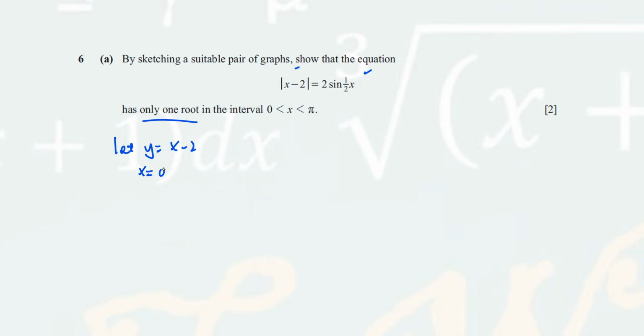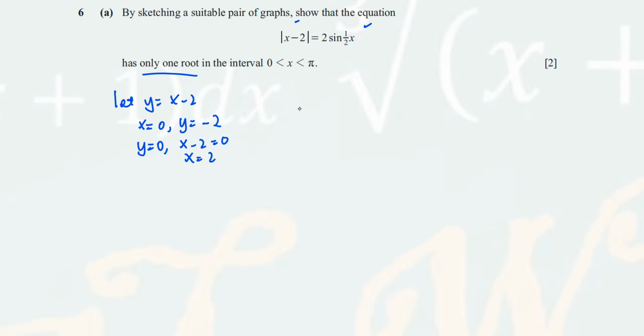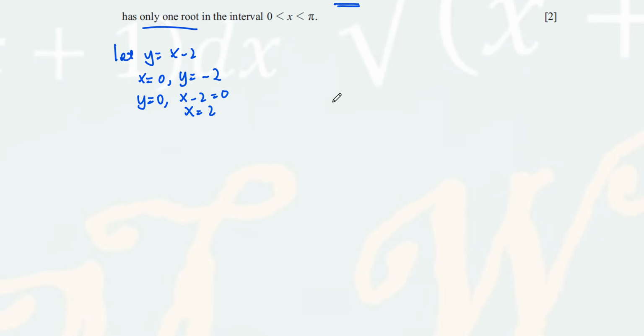So to get this straight line, I get 2 points. When x equals 0, y is negative 2. And when y equals 0, x minus 2 is 0. That means x is 2. Okay, so I get 2 points. Then now, for 2 sine half x, okay, so then from here,